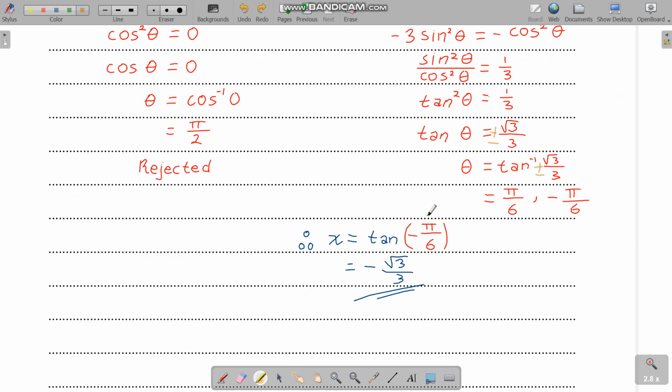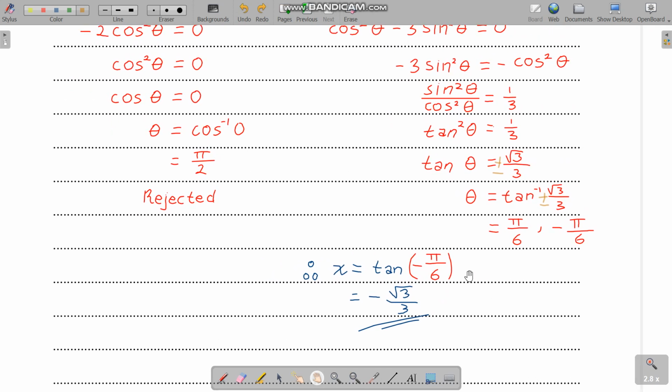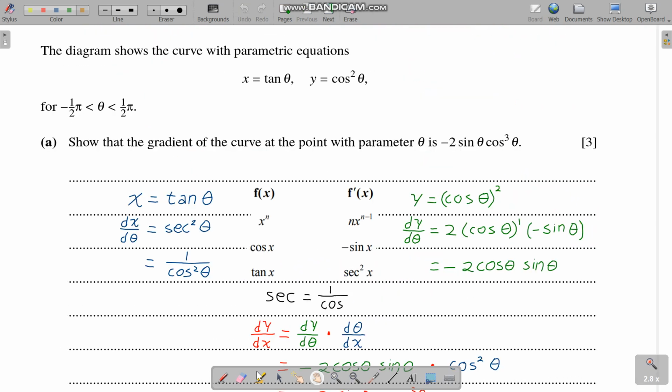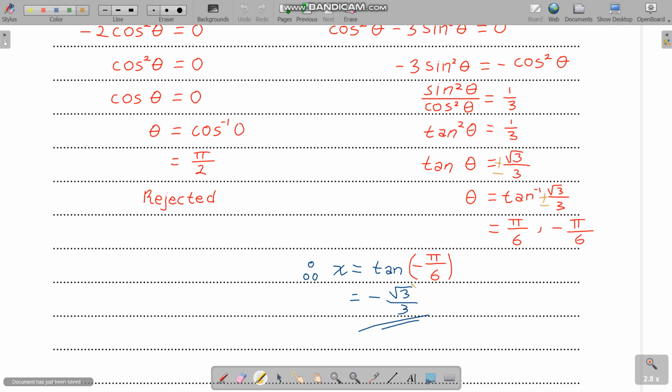Now since we are not looking for theta, we are looking for x, we have to plug into the original function here. Remember, x is tangent theta, so we plug in minus pi over 6 and use a calculator. We get minus root 3 over 3. Alright, I'll see